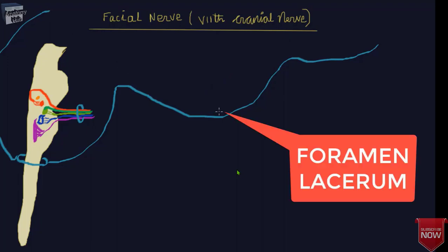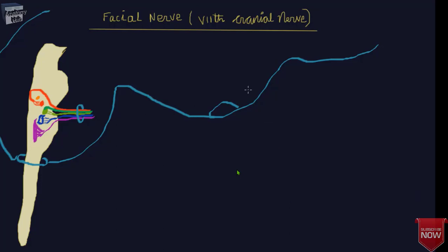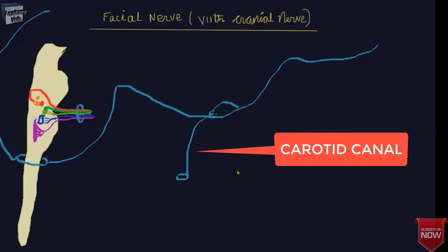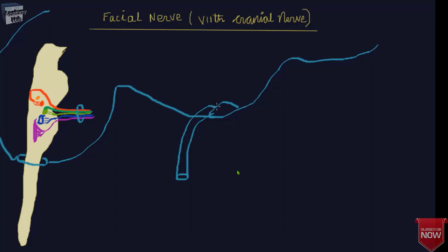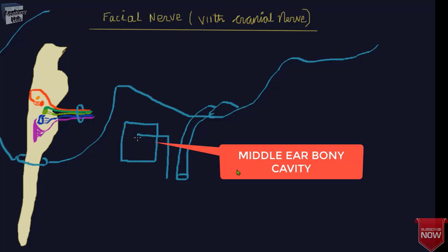a foramen over here. So this is the foramen lacerum. This foramen lacerum has a nice relation with the facial nerve that we'll see. Then here you'll find the carotid canal that actually opens to the foramen lacerum in this way, and this foramen lacerum is also anteriorly connected by a canal known as the pterygoid canal, that also we'll see, and how the facial nerve is related to that we'll see. Then at this point, inside the petrous part of the temporal bone, you'll find the middle ear bony cavity.